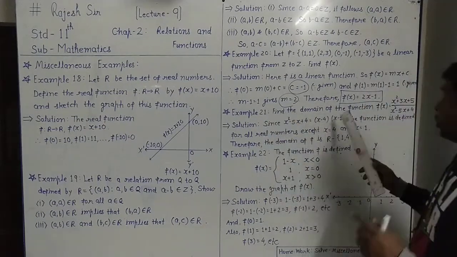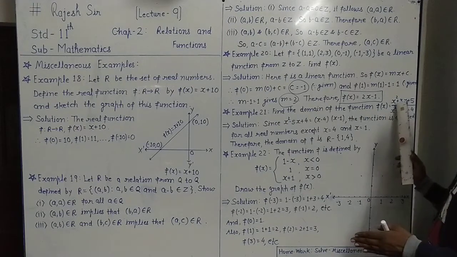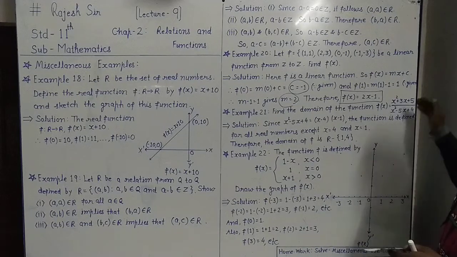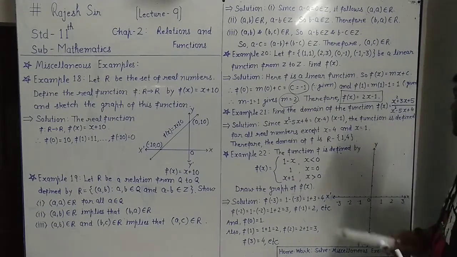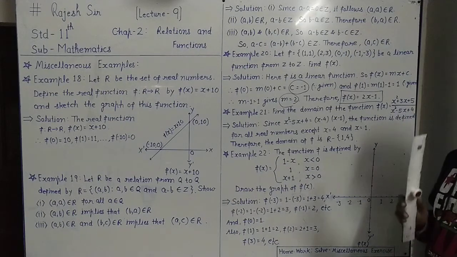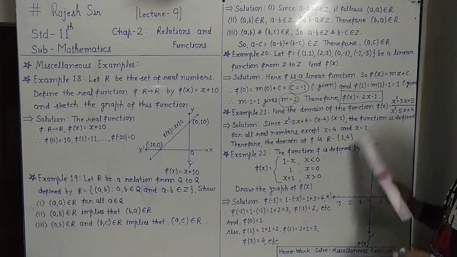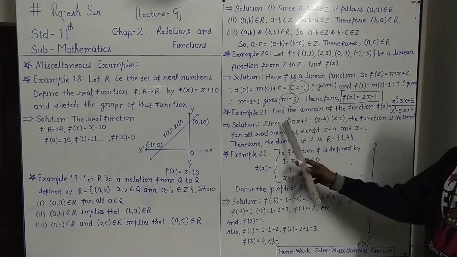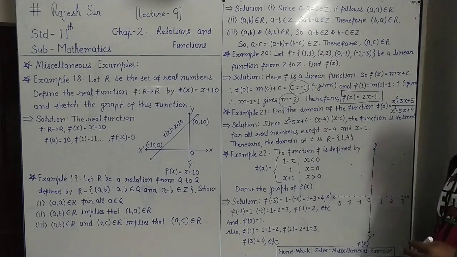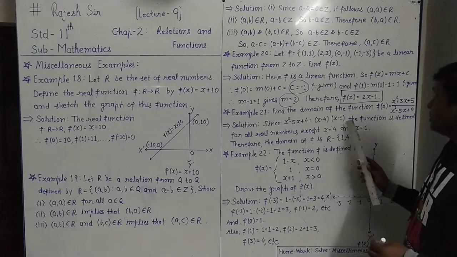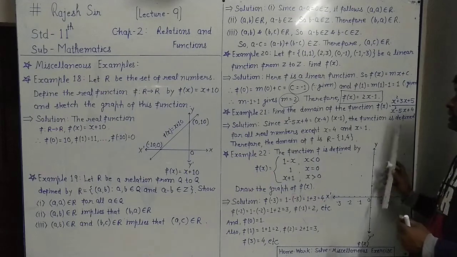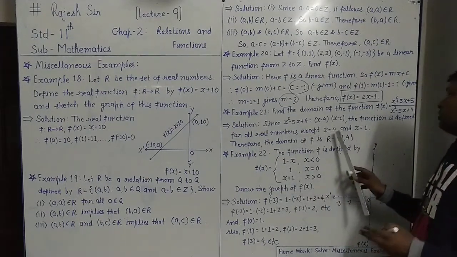21. Find the domain of the function fx equal to x square plus 3x plus 5 upon x square minus 5x plus 4. For the ratio of two functions, you know, the function is always defined if the denominator is not 0. So we have to think about the denominator only. In the denominator here we have x square minus 5x plus 4. If you factorize it, you will get x minus 4 and x minus 1. For which values does the bracket give 0? The function is defined for all the real numbers except x equals 4 and x equals 1.